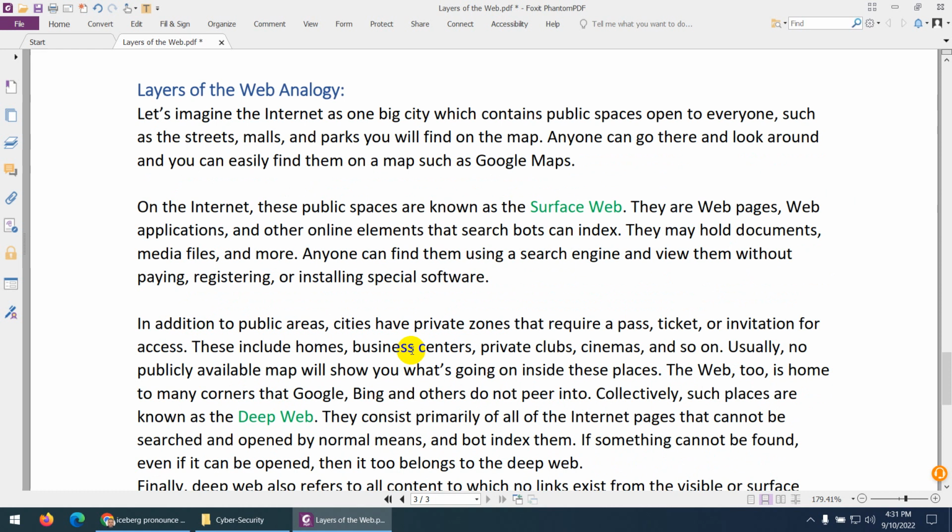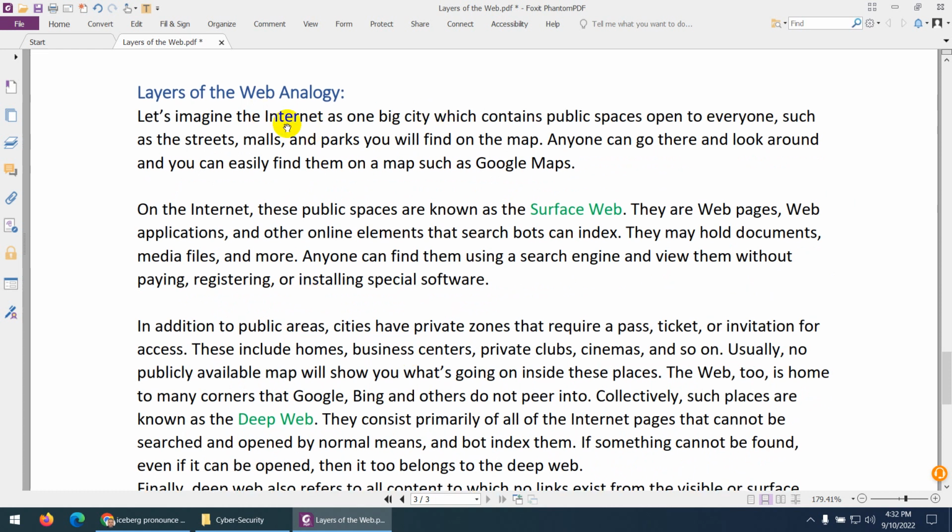So let me give an example in the real world, so you will get the idea. Consider that the internet is like a big city, like London, or Mumbai, Karachi, Islamabad, Lahore, all these big cities.